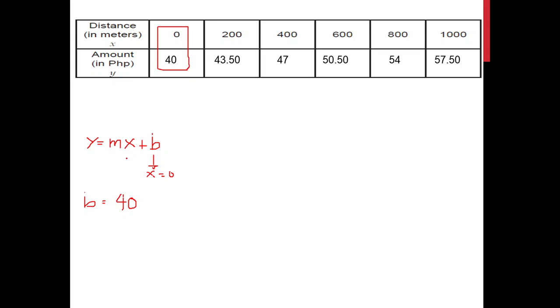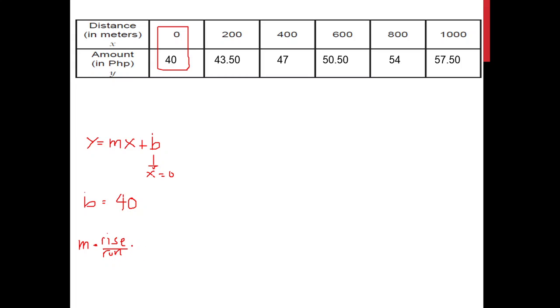Now, how do we find the slope again? The slope is the rise over run. Can we see the rise over run based on the table? No. We can only see the rise over run if we have the graph of this equation. But we do not have the graph. We only have the table of values. So we cannot use the rise over run.